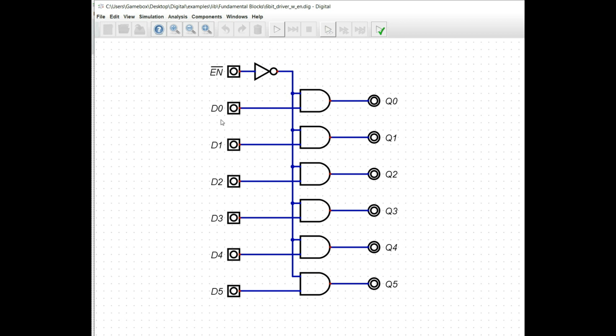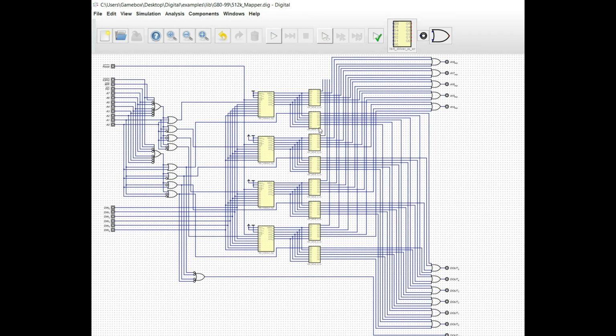Essentially, the way it works is if the input is high and the enable pin is low, it's going to gate this AND gate to turn this bit on. So if we simulate this, if the enable goes low, that bit goes high. Otherwise, I can turn on any of these I want to, they're not going to turn on at all. But if I hit that enable bit, all of a sudden we get the outputs. And that's essentially what we're doing here. And I have essentially a whole bunch of these drivers here. And the reason why is we need 2 per